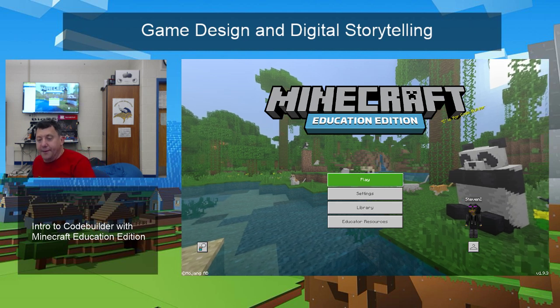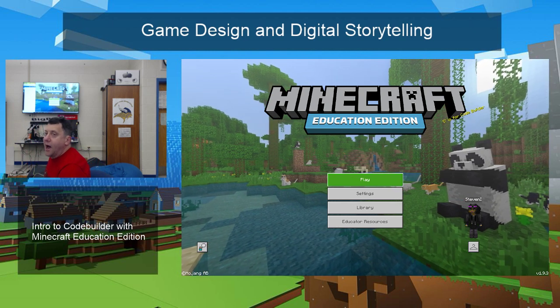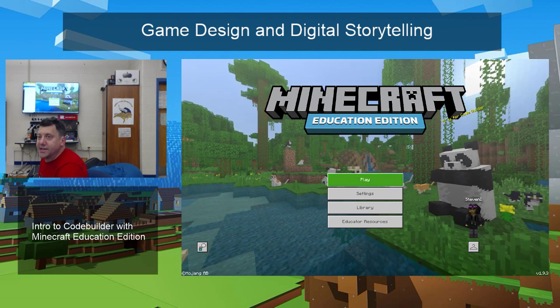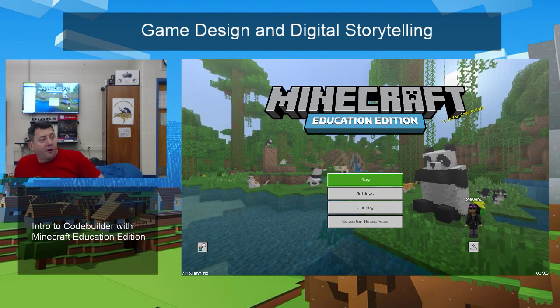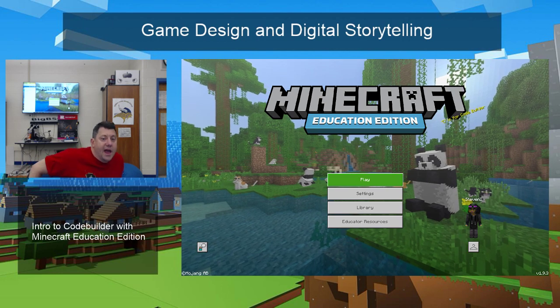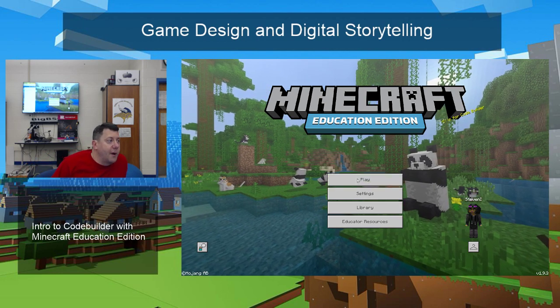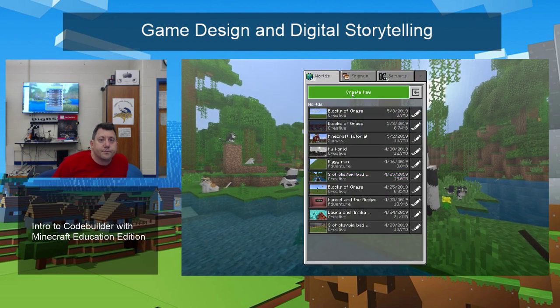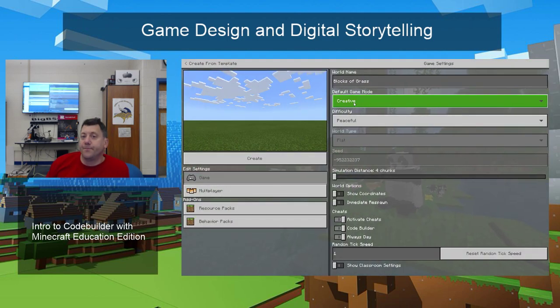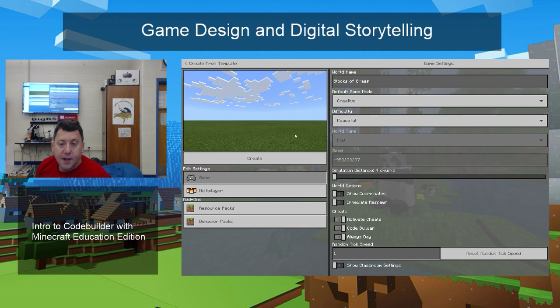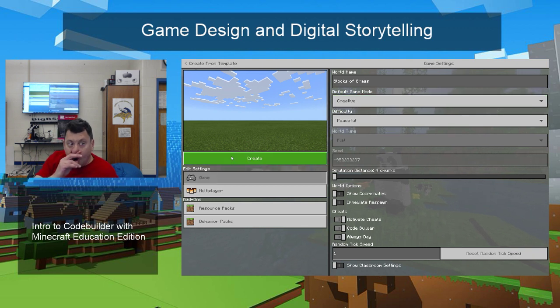This is perfect timing. So see how it says on the little, I forget what they call that text, the C is for Codebuilder? See that on there? Well, that's perfect because that's what we're going to work with today, okay? Anybody know what Codebuilder for Minecraft is? Anybody? No? Okay, you will in a moment. So bless you. So Codebuilder